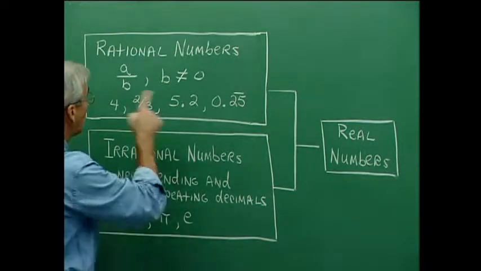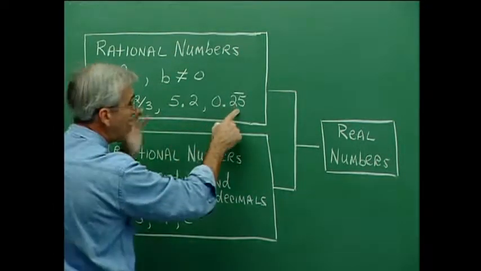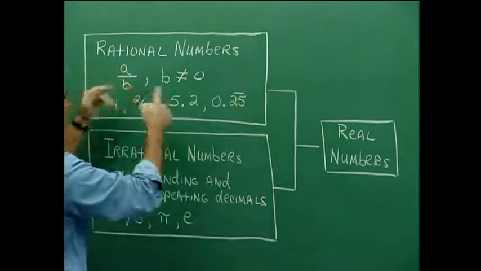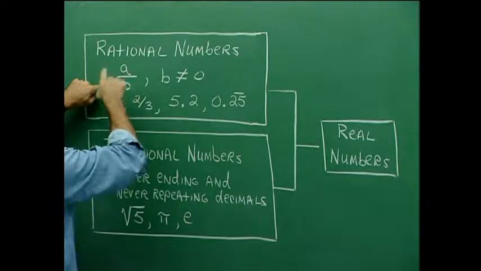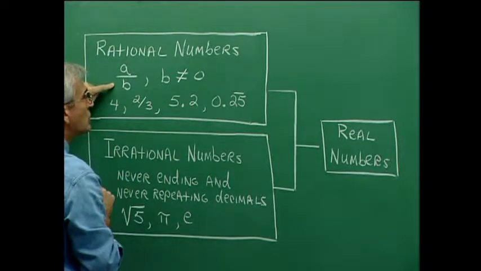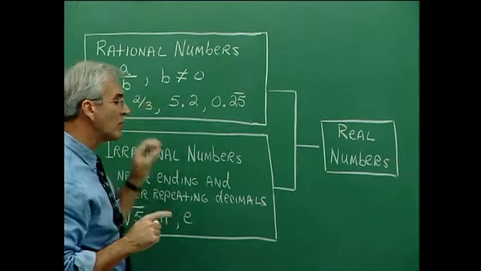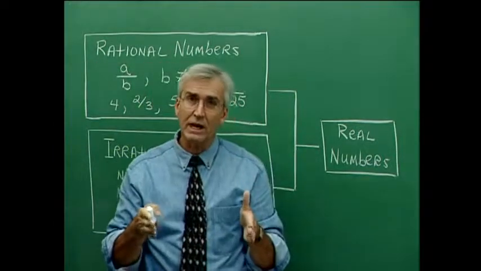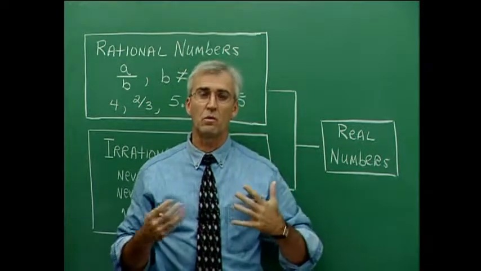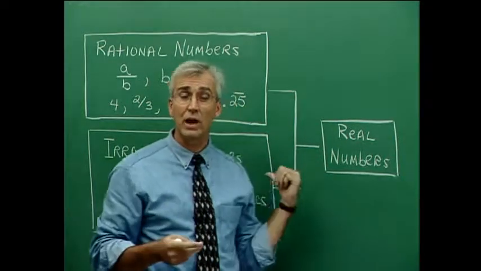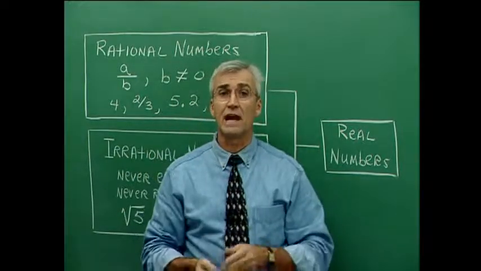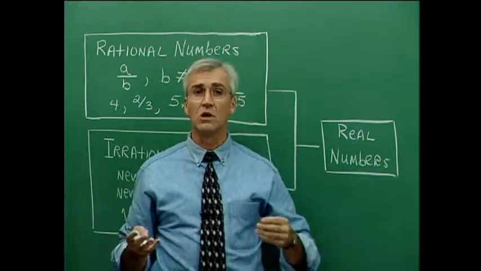Repeating decimals also fall into this category. 0.25, 25, 25, and so on forevermore turns out to be 25 over 99 in this form, the form of a rational number, so that's a rational value. So in terms of decimal numbers, all decimals that are either terminating or repeating fall into this set. Now, you might be wondering, gee, what does that leave for irrational numbers? Well, I'll get to that in a minute, because rational numbers actually have a number of subsets involved within that